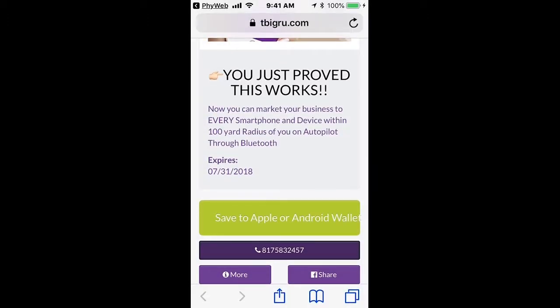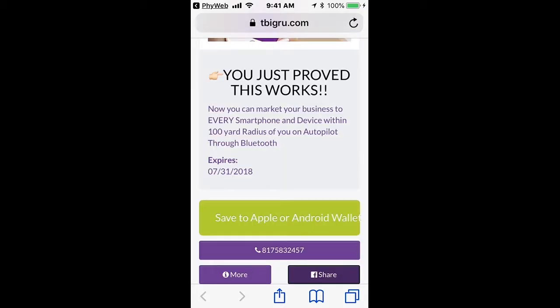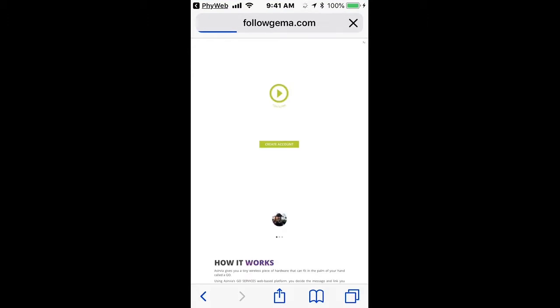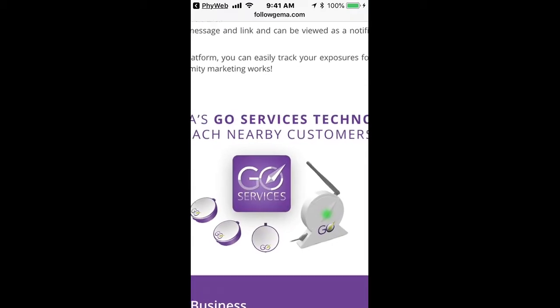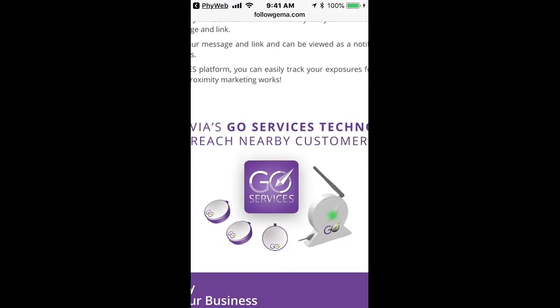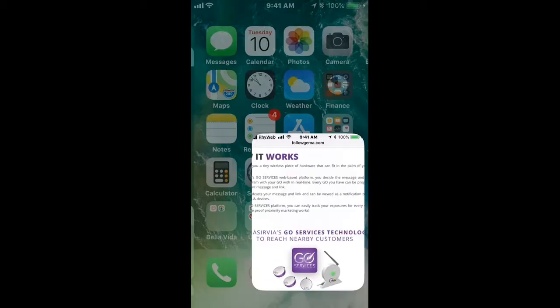You can share it on social media, so you can tell all of the people to share it with their friends on Facebook, and they could market your business. They could market your business for you, and you can also link it to any website URL. So I think that's amazing. Now look at these; they're super small, so they're like 2 inches, about the size of a double stuffed Oreo cookie. So I'm gonna actually come back to you guys and show you this, because I've got one right